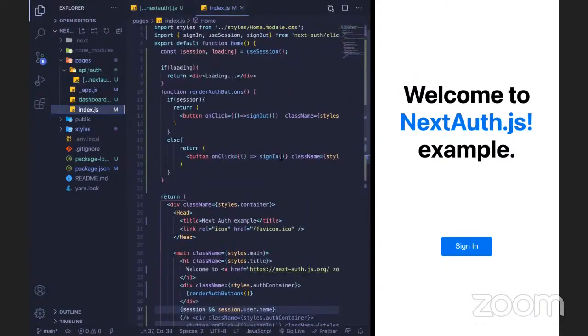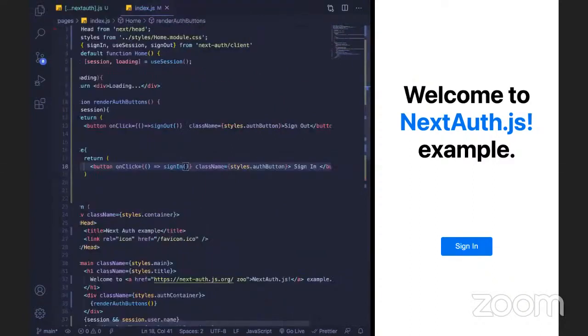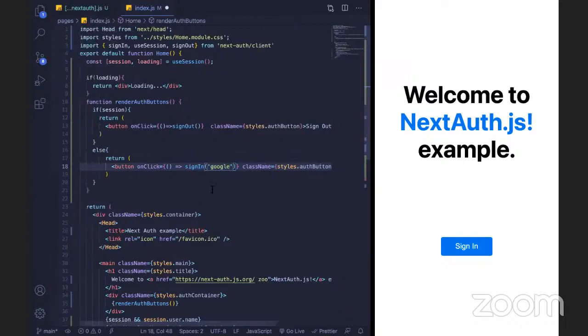What I can do is, in the sign in function which I've imported from next-auth, I'll pass a parameter which is google. So this tells next-auth that, hey, I want to log in, but I just want to use the Google authentication service of yours. So please directly open a Google authentication page in front of me whenever I click on this button. And similarly for sign out, I just want to log out from Google, so I'll pass google.